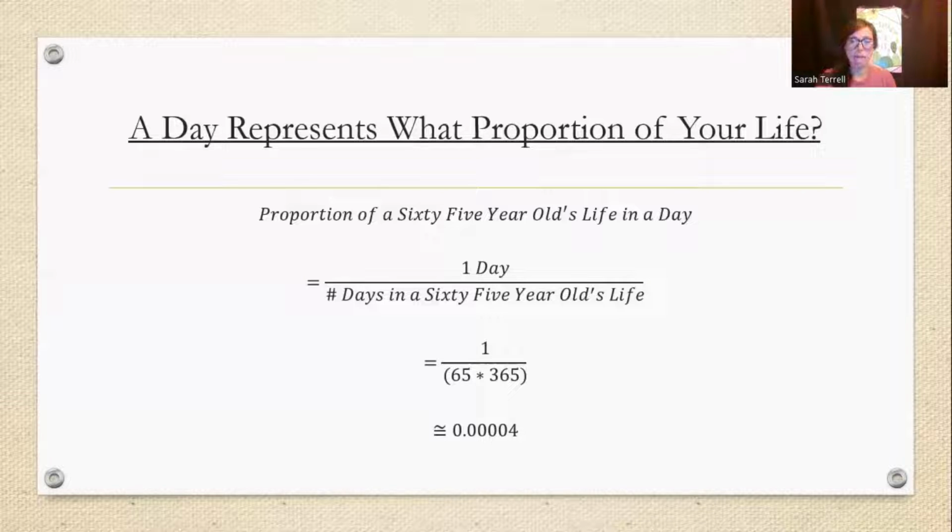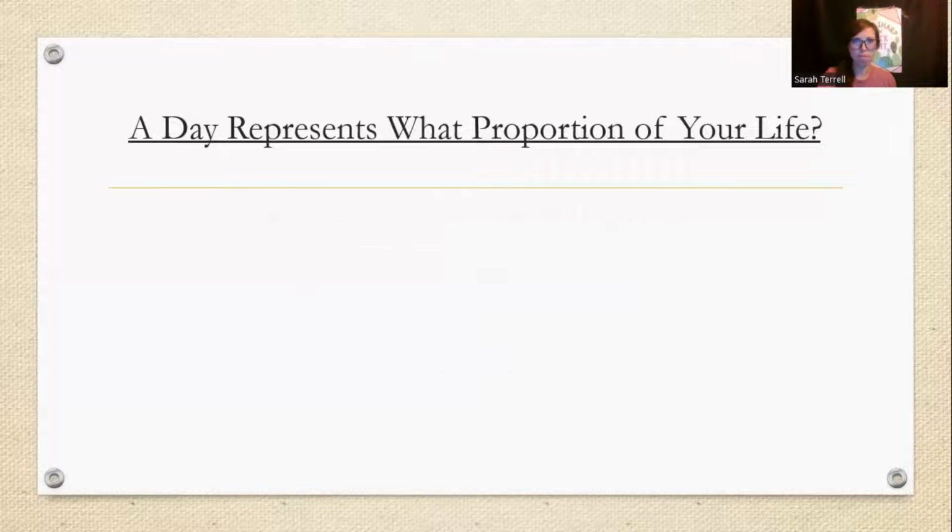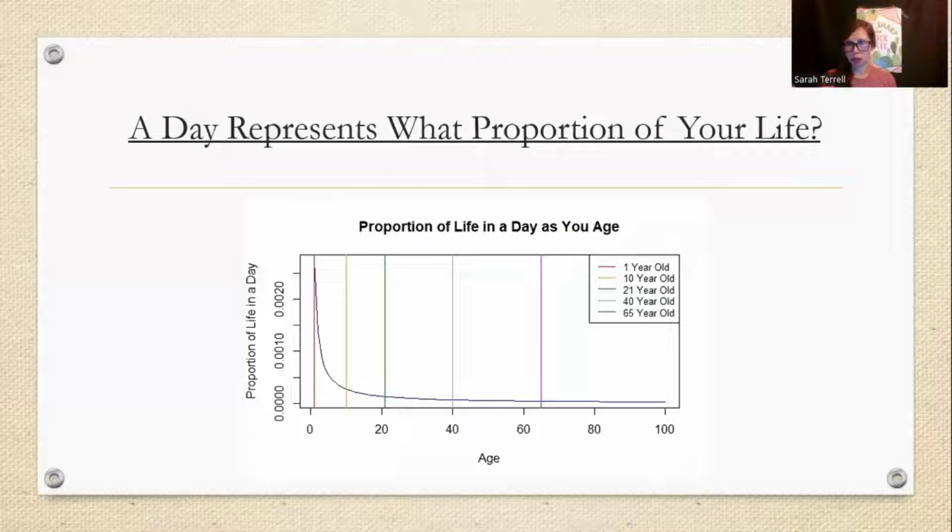And we can actually see that if we were to plot this for ages 1 through 100. In our first years of life, a single day has a very big proportion in your mind. You feel that day, you know that day, because you haven't lived very many days. And so those first few years, in your early youth, at 1 year old, 10 years old, all the way up to 21 is when you start to see this curve start to flatten out.